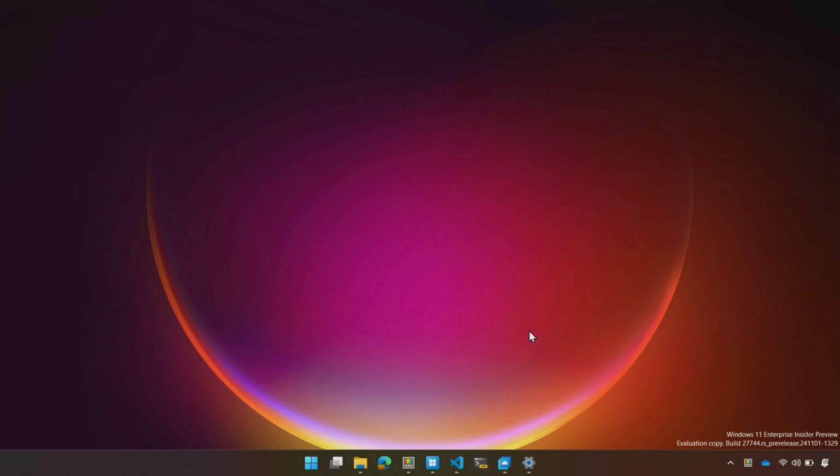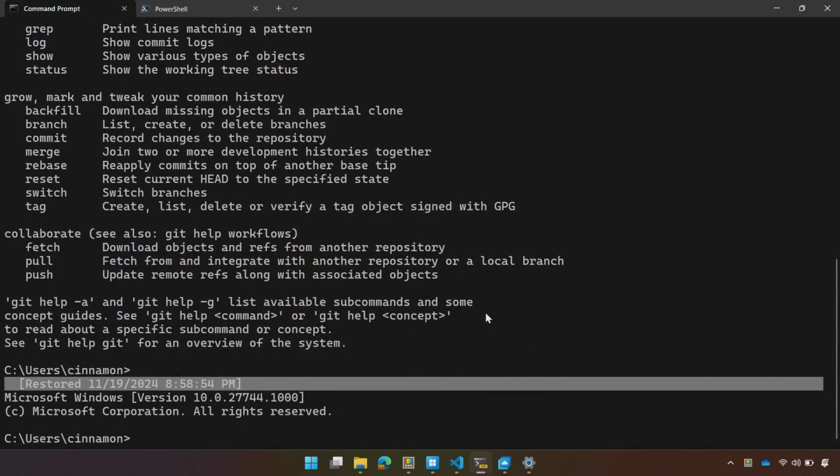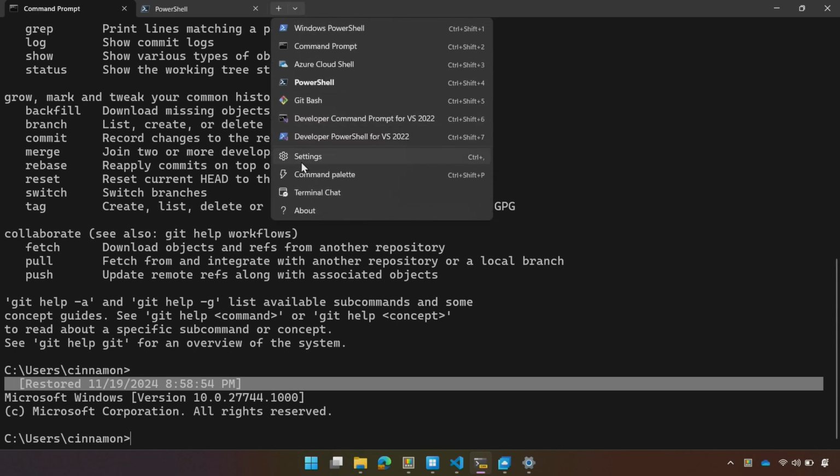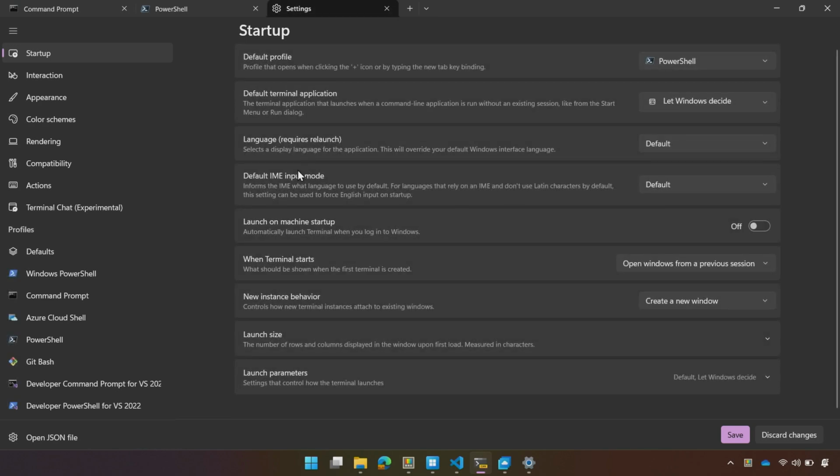So we're going to reopen this back up. And something I will note is when I relaunched my terminal window, it isn't a blank window with a fresh prompt. It has my previous content. That is something we've added called Content Buffer Restore. And it tells me when this was restored from. If you want to enable this so that you're able to get back into your flow quickly, you can go into terminal settings, and then under when terminal starts, you can set it to open windows from a previous session, and then you can get that content buffer restore as well.